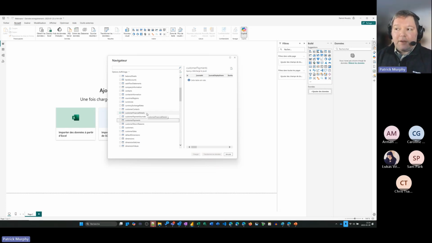It's a better technology, newer technology, much more efficient. It can handle larger volumes of data and much faster. So it's recommended. So when you think of doing a report, before using the web services,